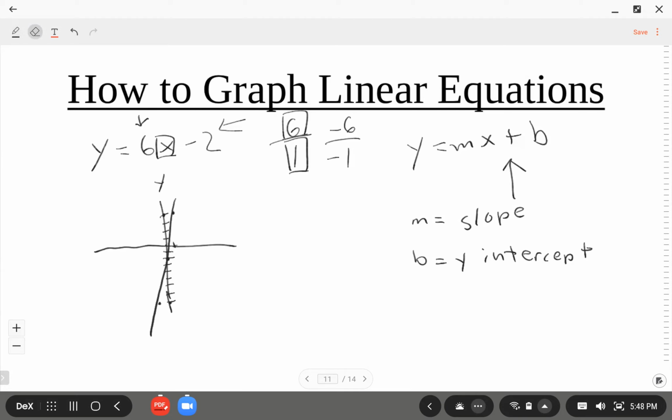My line isn't particularly great, about right here. So that is about a straight line. And the points aren't exactly accurate, but you can see that it forms a straight line, okay? So if I were using like regular graphing paper, then it will form a perfect straight line, okay? And